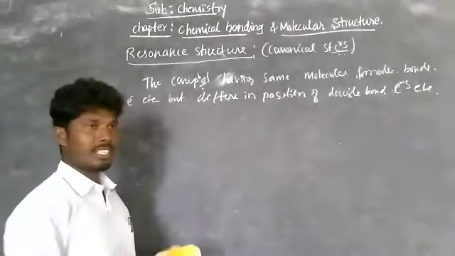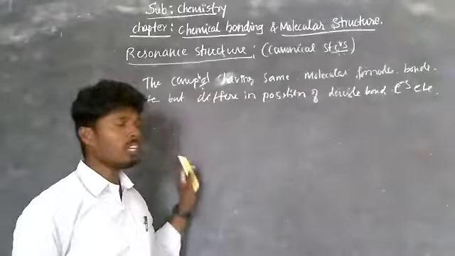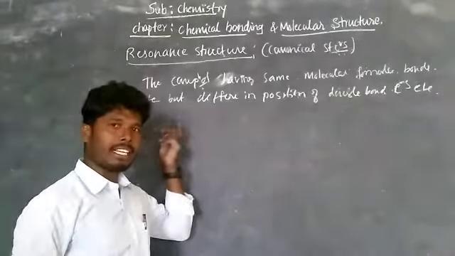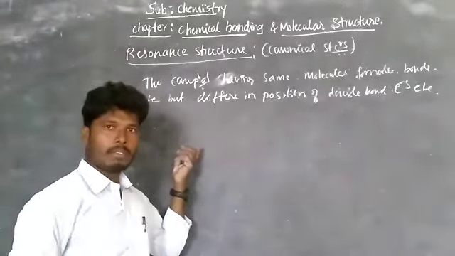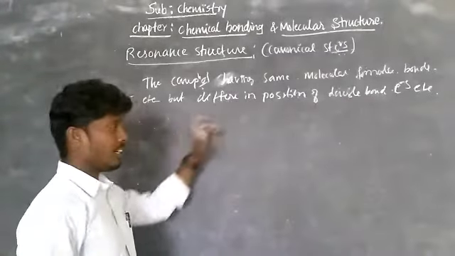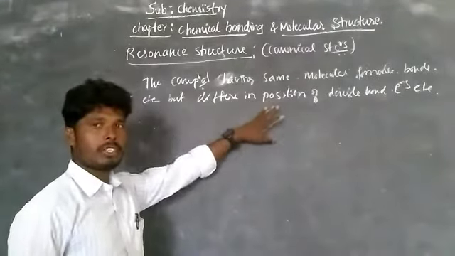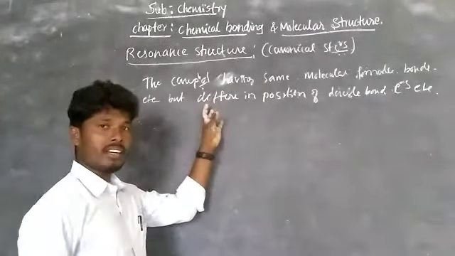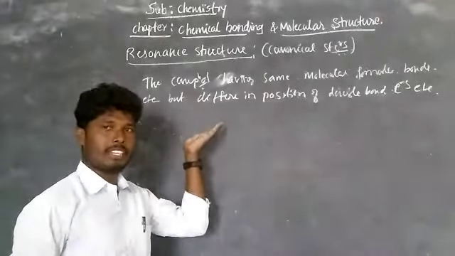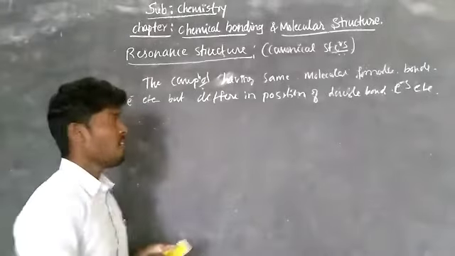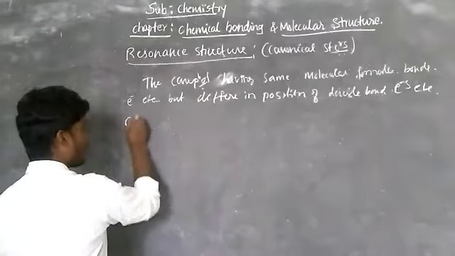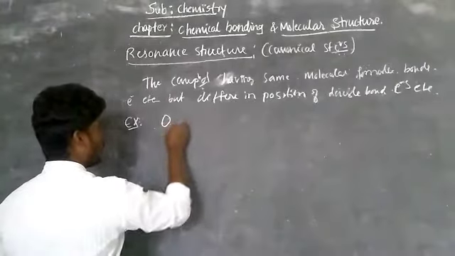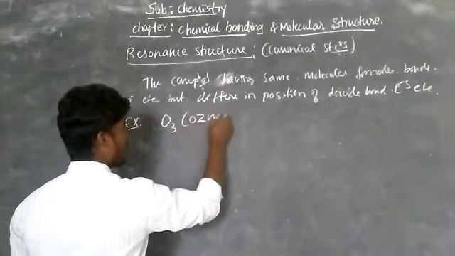That we call resonance structures, and these are having same energy and they are unstable. They exist only few minutes. That is in both gaseous state, solid state and liquid state. It means in all physical states it appears but it exists very less time. It means unstable one. For example, take ozone. O3, you know the molecular formula O3, its name is ozone.